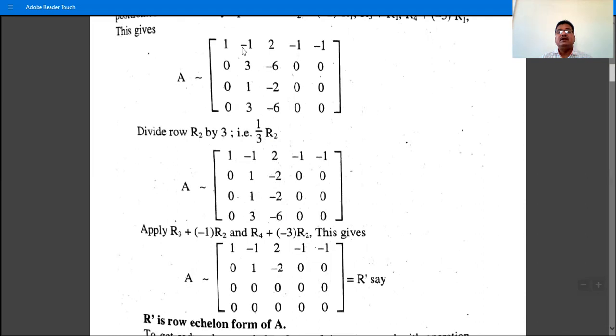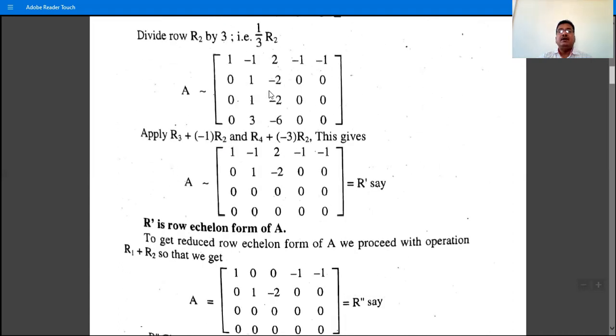That is, there is no change in the first row, third row and fourth row. The change is only the second row. So multiply 1 by 3 to R2. So we have the permission of multiplication of any element to any row, means we have the permission of dividing any row by any element. So 0, 1 and -6 by 3 becomes -2, 0, 0.